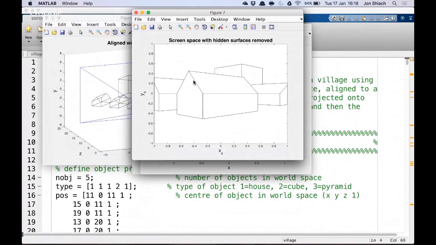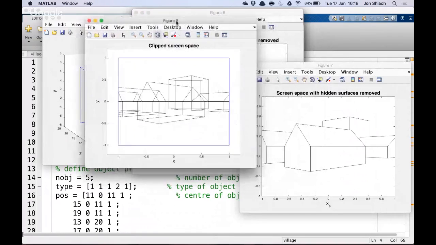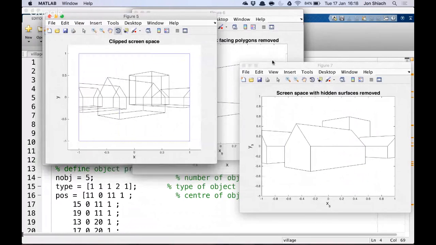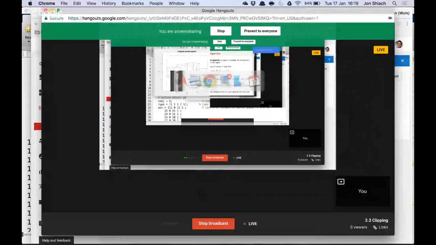So this goes from, where are we? That's a stage after clipping. Is that one? And what I've done here is something called hidden surface removal. So you can see we've got a more realistic, solid look. So this house looks solid. At the earlier stage, it's kind of like you can see through everything. It doesn't look very realistic, and the next stage is to remove the hidden surfaces. Right, I'm just going to stop the